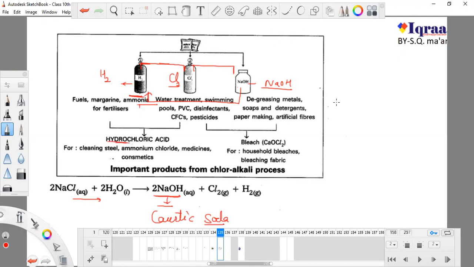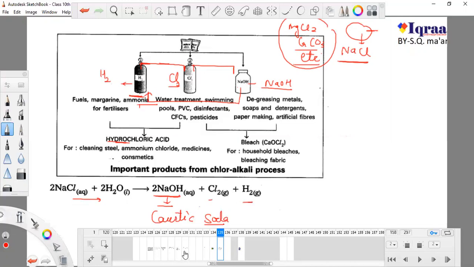We studied how we can obtain sodium chloride from halite. What is halite? Halite is a mixture of all types of salts, which contain magnesium chloride and calcium carbonate and more other salts. So how can we obtain sodium chloride from these salts? The mixture of salts is known as halides. In this series we also studied the chloralkali process, in which we obtain sodium hydroxide, chlorine, and hydrogen gas.